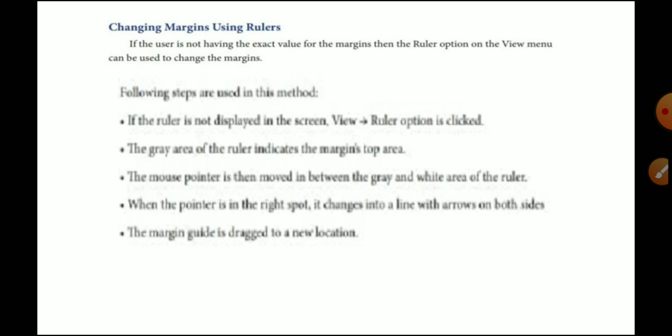Sometimes we have to start a little bit inside, sometimes from the very beginning. Whenever you type text, the starting and ending points are a must, and they should be equalized. So we fix that margin with the ruler when preparing our biodata, documents, reports or books. If you look at your books, all the text is equal on both the left hand side and the right hand side. They fix a ruler, and everything is typed within it, so it arranges itself. That is called margining with the rulers, and that is the way to use rulers in LibreOffice.